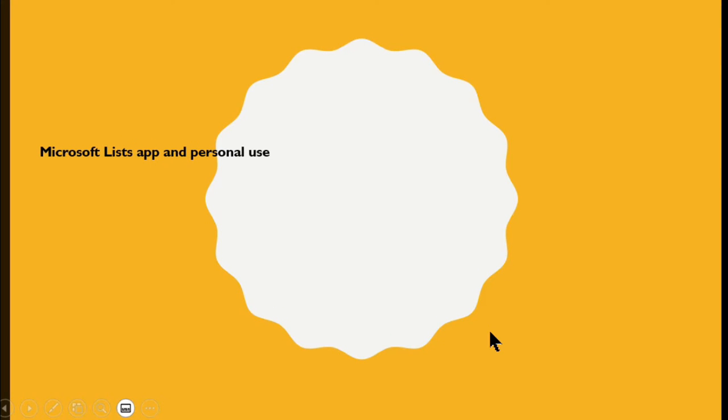I can use the Microsoft List for my personal use, meaning I can create the list under my OneDrive, or I can use the Microsoft List for my departmental data. So it is an easier way to share the tracker, the task list, or any kind of list across the department. We don't have to send emails again and again to everyone, and then we can sync. So everyone in the team can be updated with the single list, and everyone can view the list and edit the list based upon their roles.